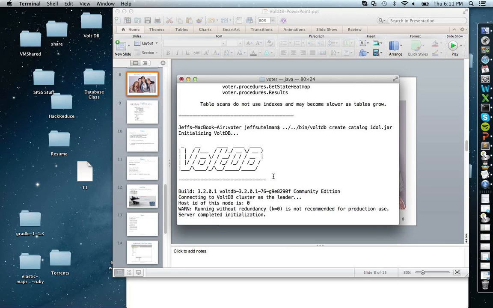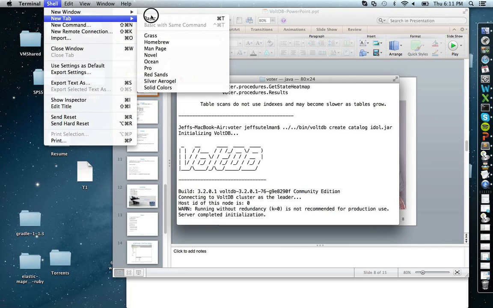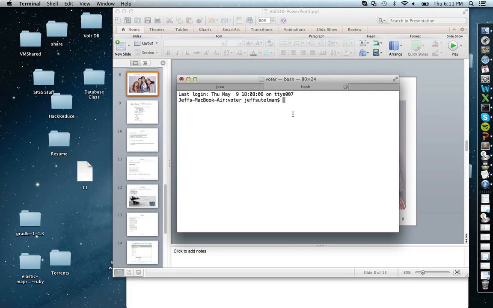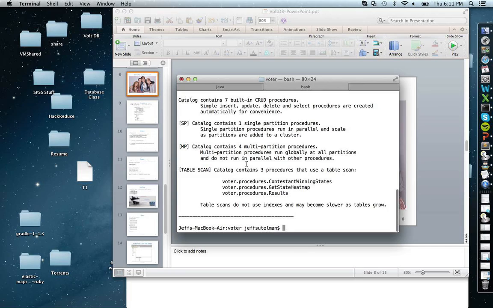Let's start taking some phone calls. We're going to move into a new tab here. We're still in our voter folder. The first thing we're going to do is set up the catalog, which is in this run.sh script, and this pretty much mirrors the compile function. We've got that running. You can see it's similar to the output of the original compile. And now we're going to start